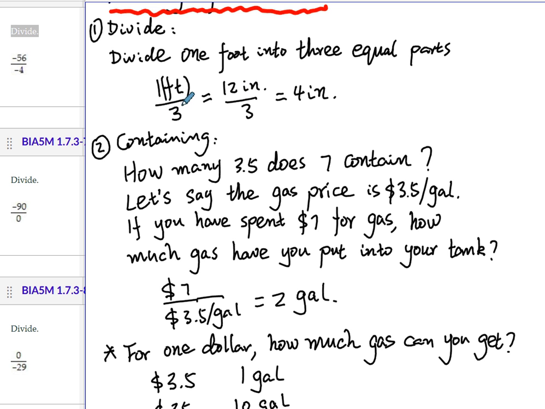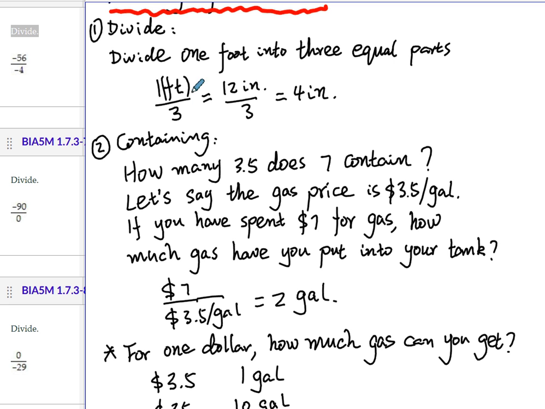When you divide 1 foot into 3 equal parts, that's actually 12 inches divided by 3. Divide 12 inches into 3 equal parts. Then, of course, each part is 4 inches. That's the one meaning. Division is to divide